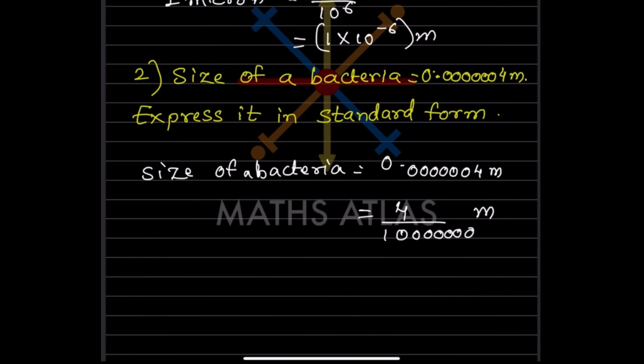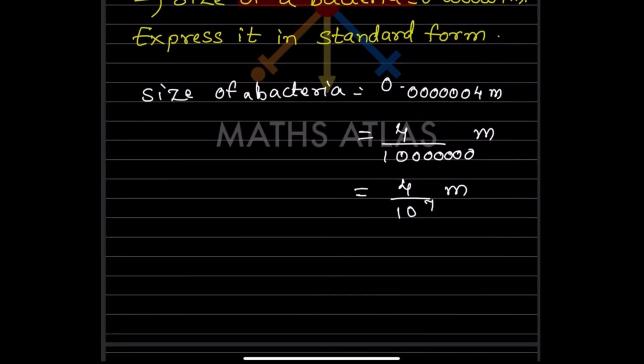So now how are we going to write? We will write here 4 divided by 10 raised to 7. Why are we writing 7? Because we are going to include this number as well: 1, 2, 3, 4, 5, 6, 7. So 10 raised to 7. This is in meter. But then we want it in the standard form, which means this 10 raised to 7 will go in the numerator. So this is the answer.